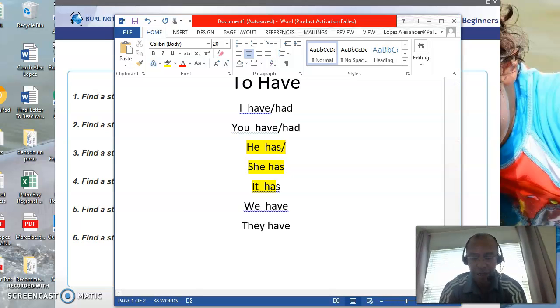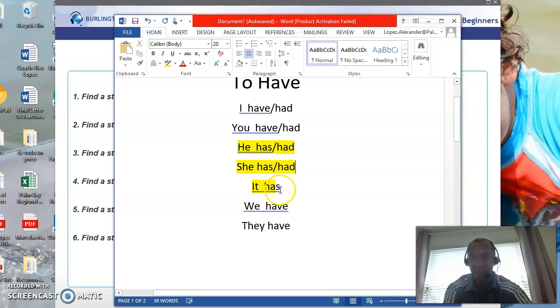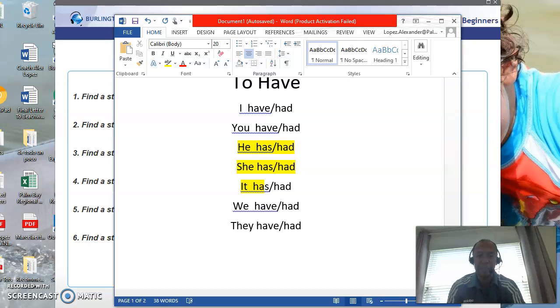He had. She had. It had, and we had. They had. Notice that there's no changes in any of the forms of this verb when we're referring to the past